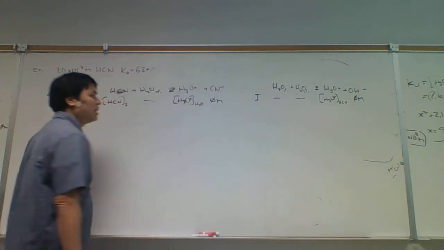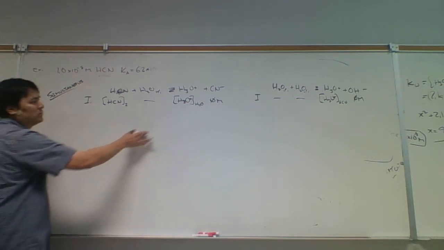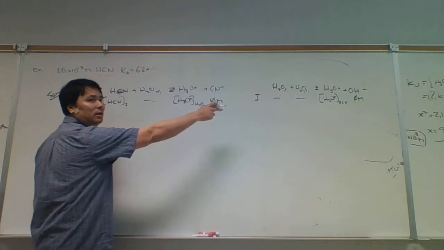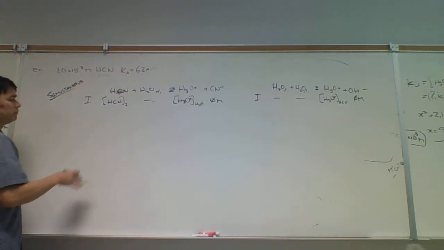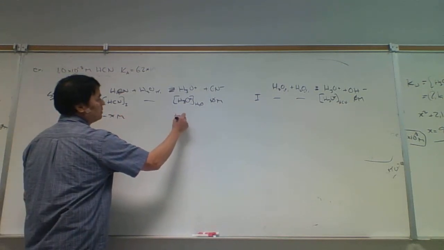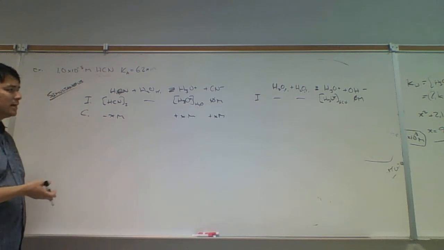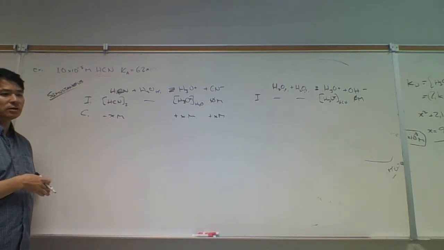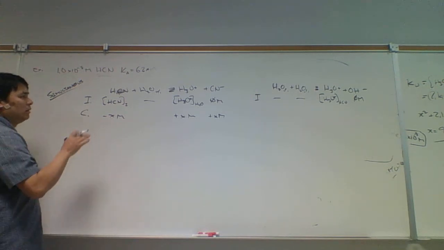So both of these are going to have common ion. Do you see that? This is how we're going to solve it simultaneously. Versus in stepwise, this would have been 0, and then we would have added or put the common ion over there. And so for simultaneous, we have to start with the common ion from the other species. And so here, this is just going to be minus X molar, plus X molar, and plus X molar. And so X is going to be smaller for HCN than what we calculated in the previous calculation. It's going to be smaller because we got some hydronium there already from the